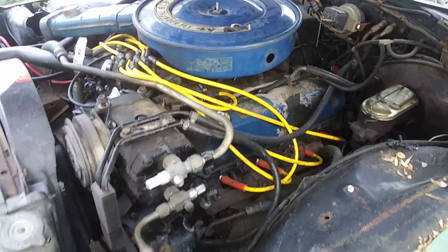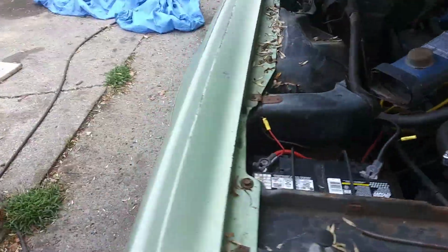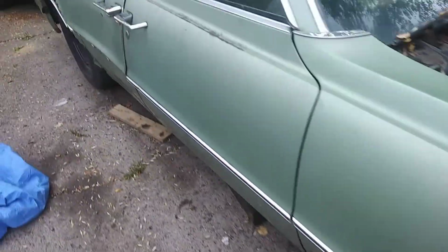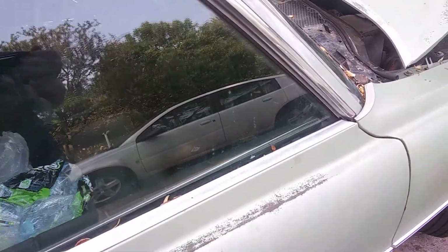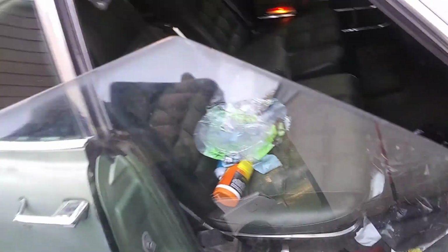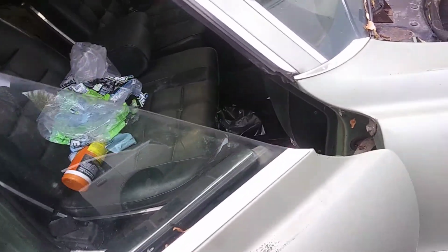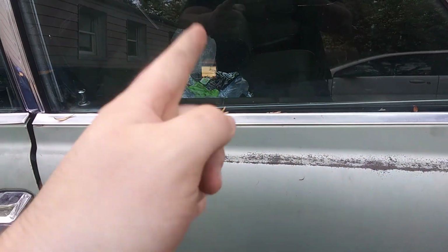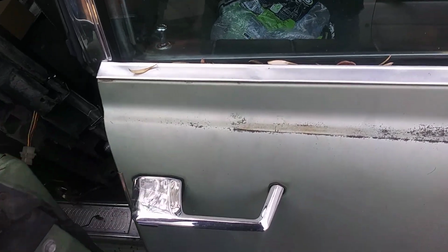Dead smooth idle, even when cold, with no choke. Granted, it is about 94 degrees outside right now. As was the case with some Fords back in the day, over time the windows will come unglued from the track. That window does not go up and down. This one, however, if I'm